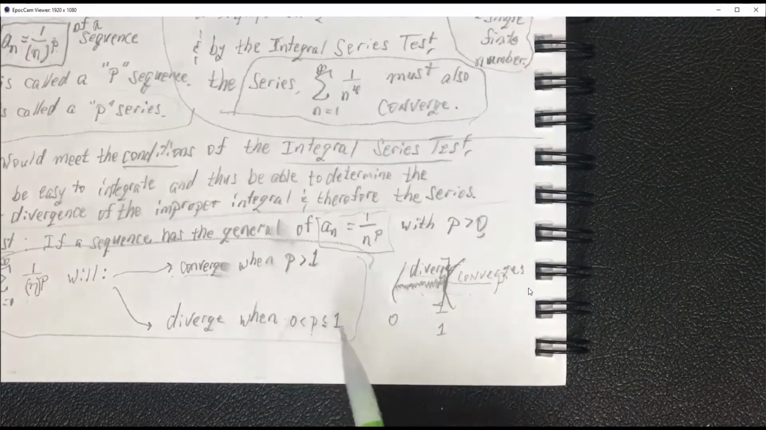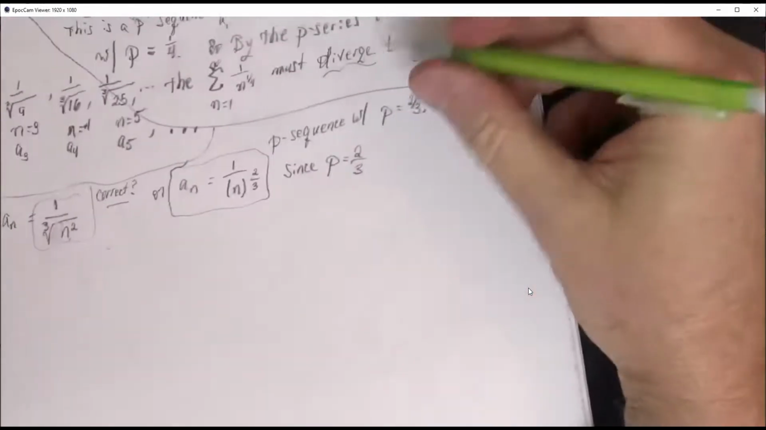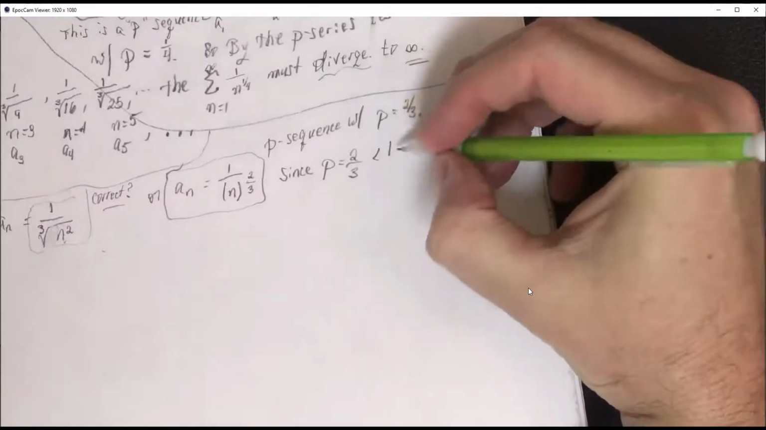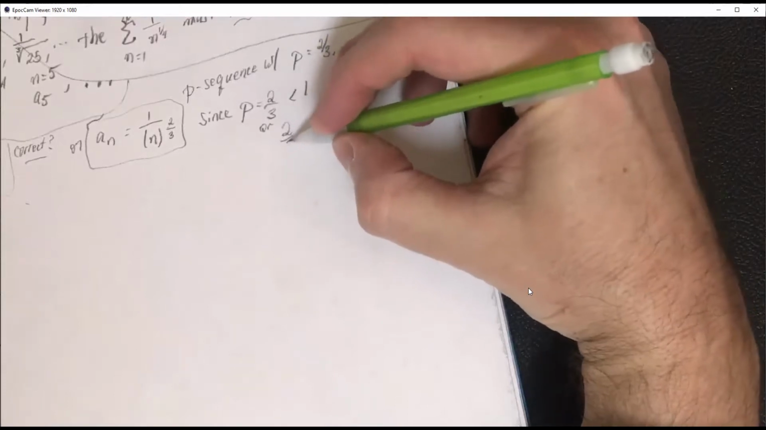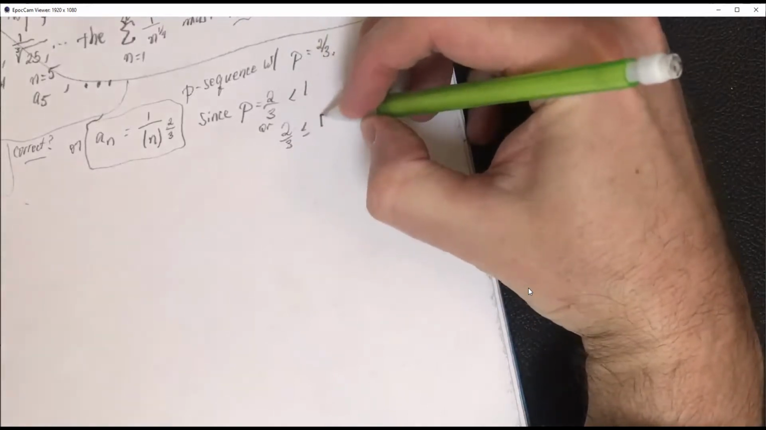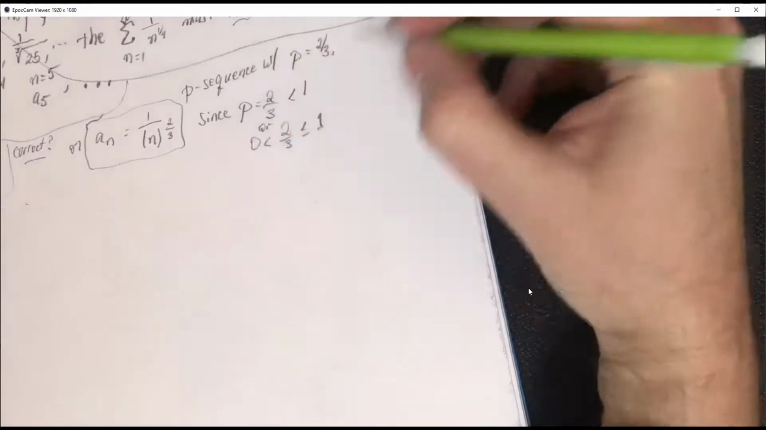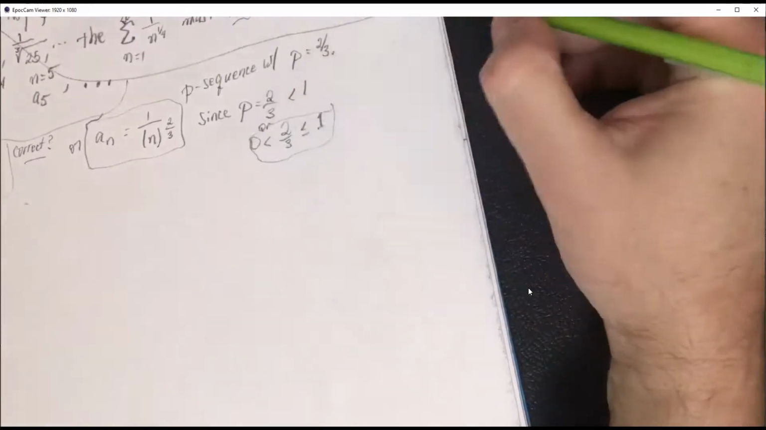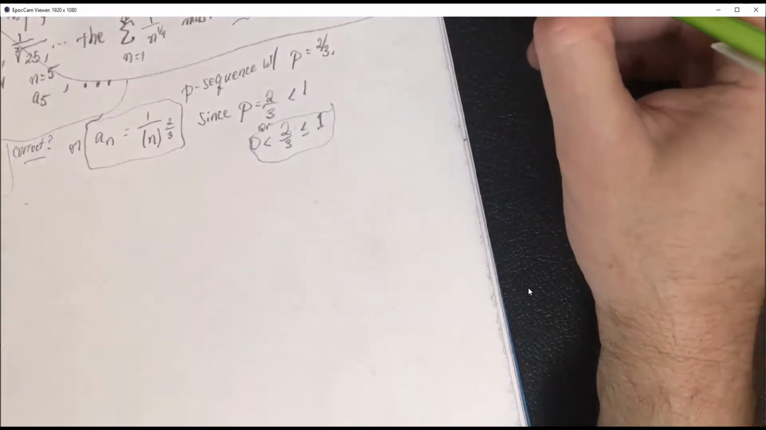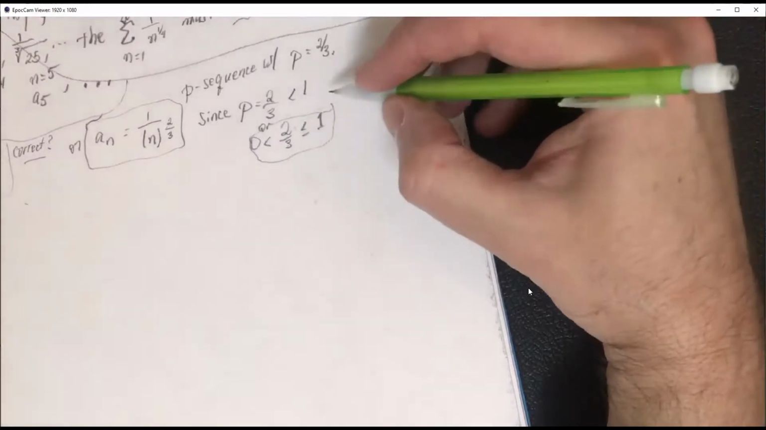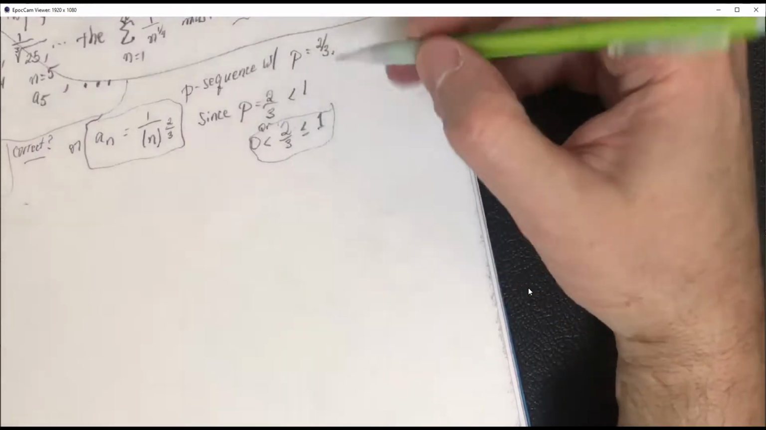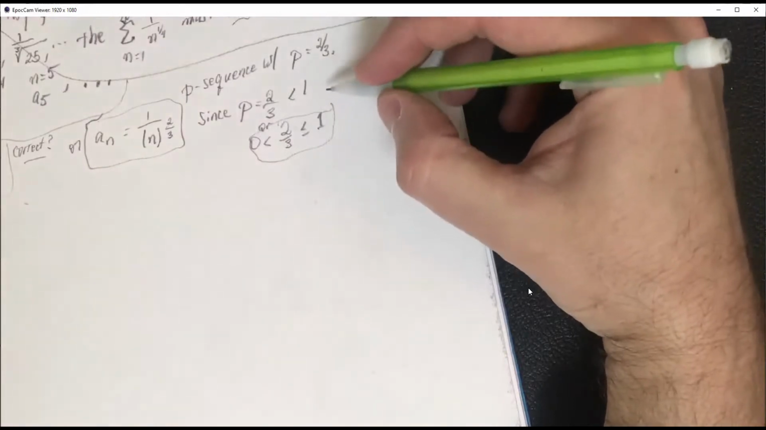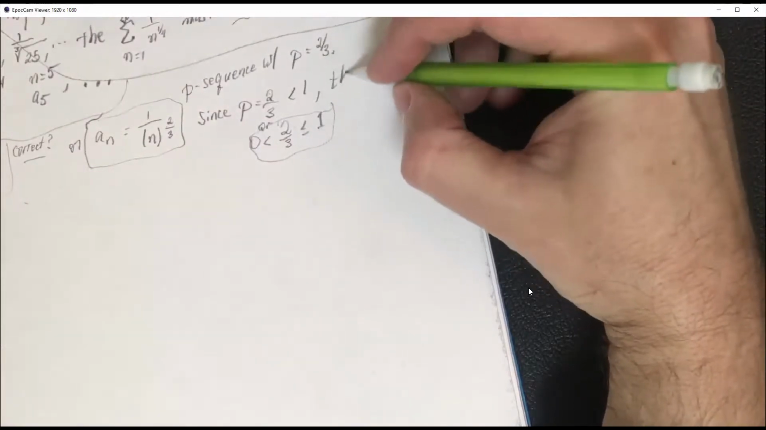Any questions there? No. So then we say, since p equals 2/3 is less than 1, or if you wanted to be formal, we could say 2/3 is less than or equal to 1 and greater than 0, if that's what a person wants to write, then that means it fits in the diverging category. But you can also just write, hey, it's less than 1, which means it's going to diverge. So either way, since p equals 2/3, the series